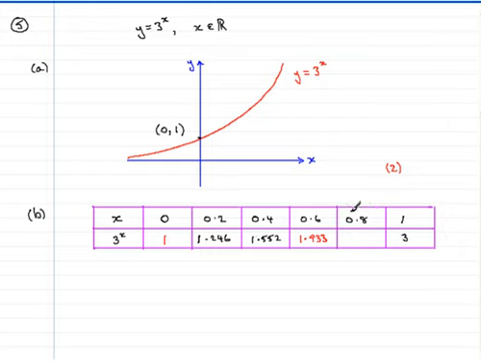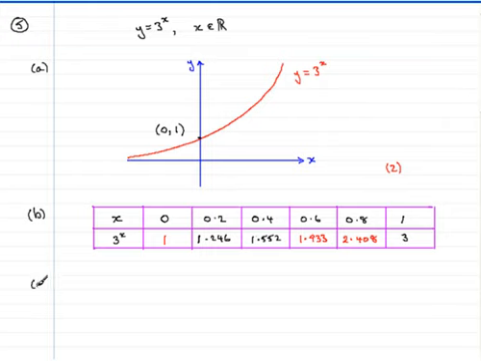And then finally 3 to the power 0.8, giving that answer to 3 decimal places, should be 2.408. So that is our table completed, and all we now need to do is the final part of the question,